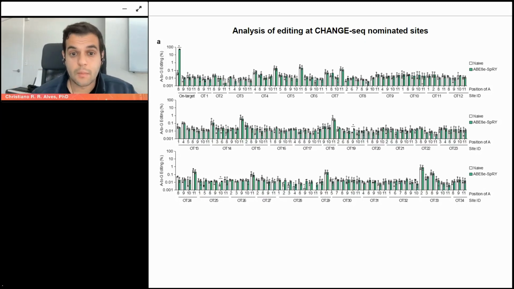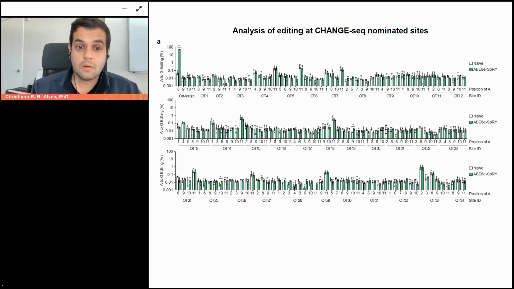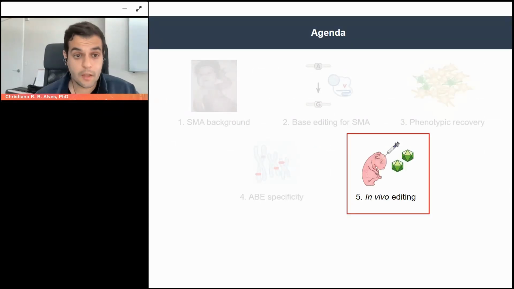Okay, so this is just to describe how important it is to look at these off targets and how we can actually develop versions and high fidelity versions that could potentially mitigate that. And also just a last piece of information here, when you look at this slide, the first one is the on target one, and you see that it reached almost 100% as expected. So we have a really highly efficient on target and pretty much no off target. Cool. So we keep developing that, and we keep paying attention to potential off targets.